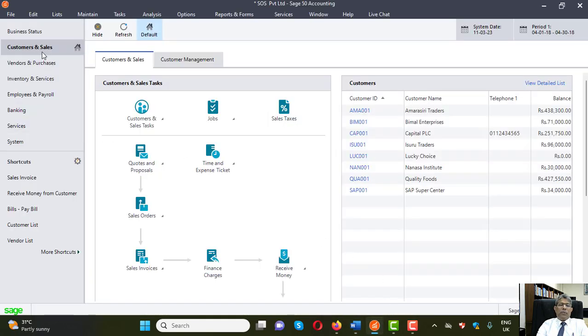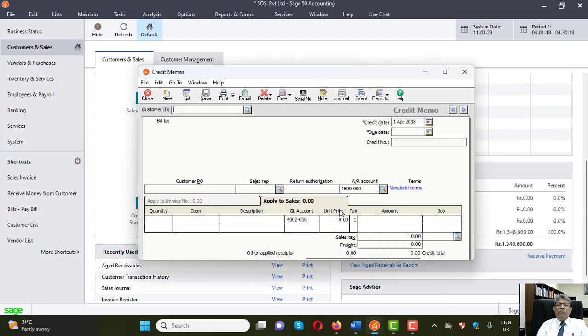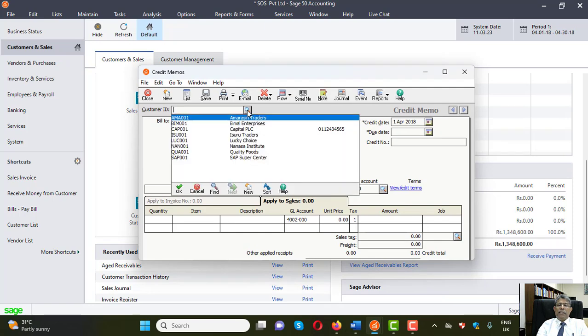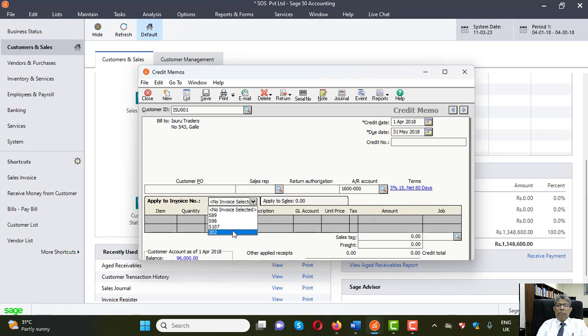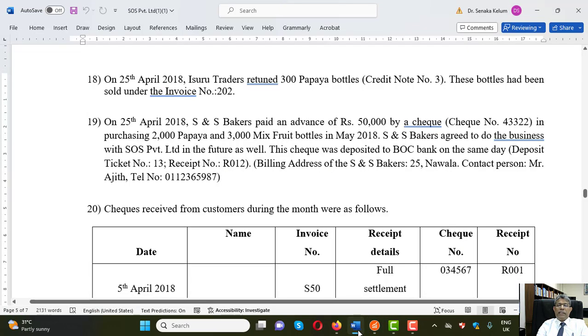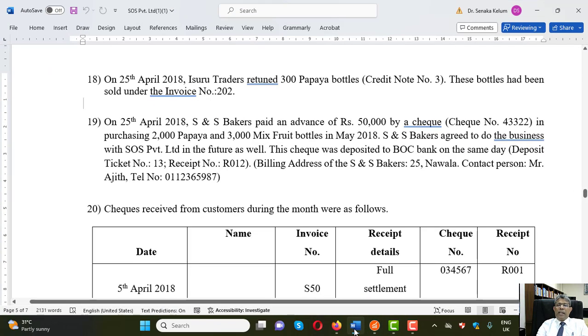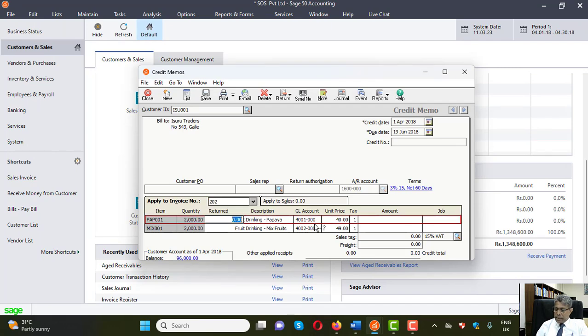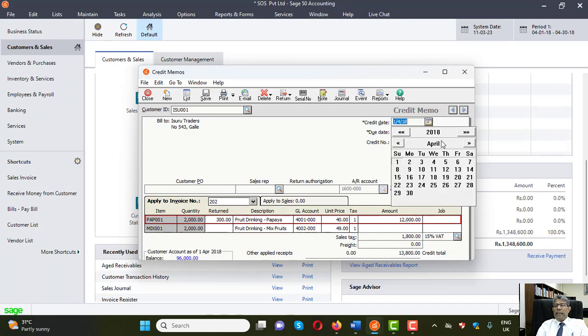To do that, we have to go to the customer module and select the customer returns, credit and returns option, the new return. Then we can select our customer Isuru Trade, and according to the information we know the invoice number, so the returns come under invoice number 202, so you can select the invoice number. Then, we have sold 2000 papaya bottles, out of that he is returning 300 bottles, so we can enter the return quantity 300 bottles, and this return is made on the 25th of April, so select the date,